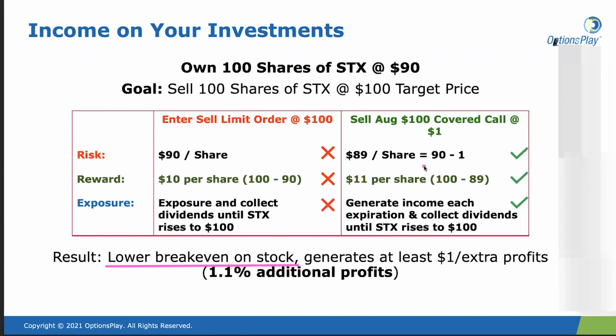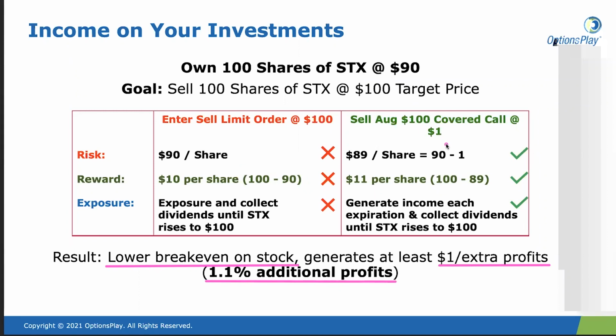because the more premium I collect, the lower the break-even cost on my stock is. And I generate, in this particular case, at least $1 extra in profits from selling just a single covered call. If I sell multiple covered calls, I'm going to collect more premium, which will equate to extra additional profits. So in this particular case, I'm going to make in a single month effectively 1.1% in additional profits, or 1.1%